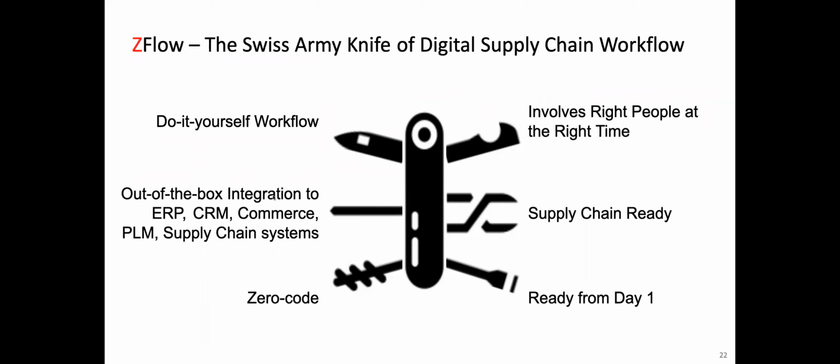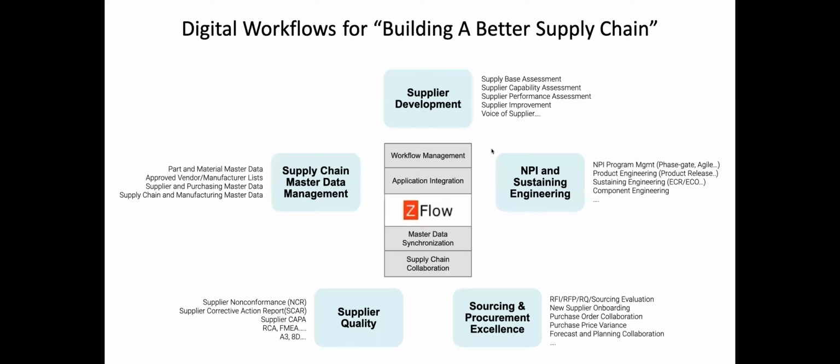The other thing that is super important is we integrate this workflow engine to many of the core systems like ERP for purchase orders and engineering systems and supply chain systems for logistics and planning, so that the work happens naturally between people and the systems, and there's back and forth so that nothing is lost. The coordination is smooth. So generally what customers do is, because there are so many workflows, and we've categorized them in different areas,